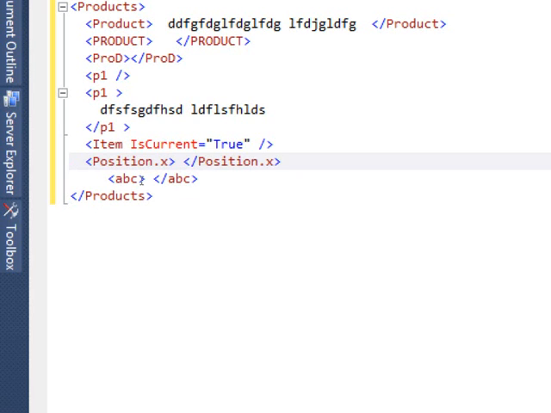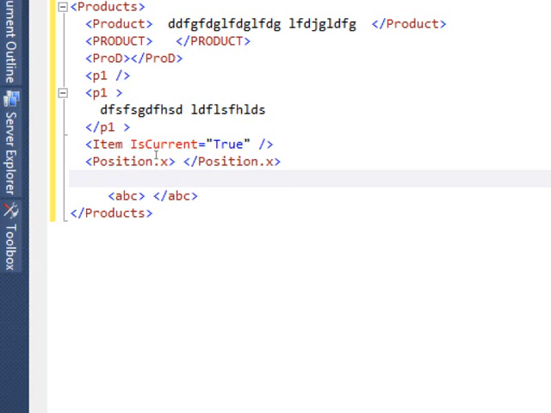But what is not valid is x greater than y. The minute I put that greater than or less than, it just pulls it off. That is not allowed. The characters that are used to mark the boundary of the tag cannot themselves be part of the name of the tag.